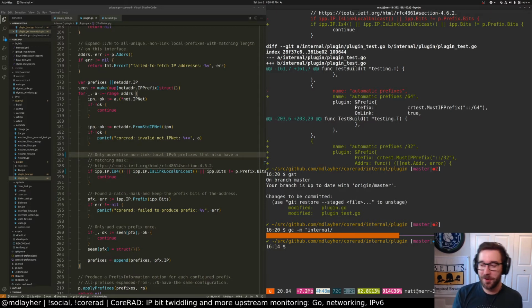Somebody ignored errors in prototype code. Yeah, in that case, I would usually have a snippet where I print out the error message or something. Internal plugin: skip IPv4 addresses in prefix apply.